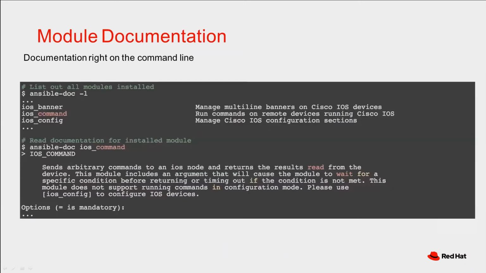The other way that we can get the documentation is through the ansible-doc command. And with this command, we don't need to worry about which version of Ansible we're running, because it's going to give us the correct documentation for the version that we're running without us having to do anything. So this is a very helpful way to